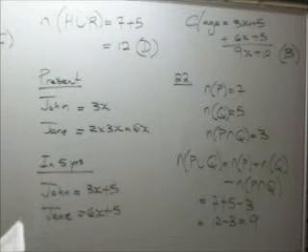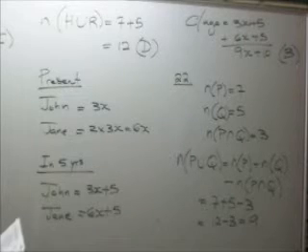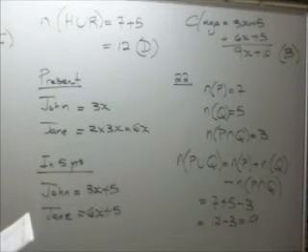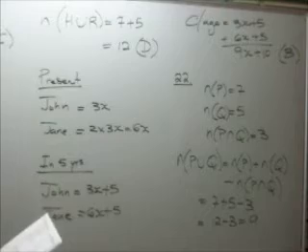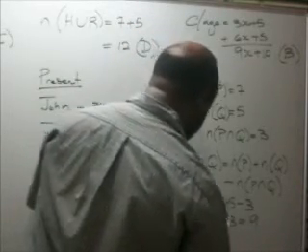So the number of elements in P union Q is equal to 9. Alright, and ladies and gentlemen, 9 is